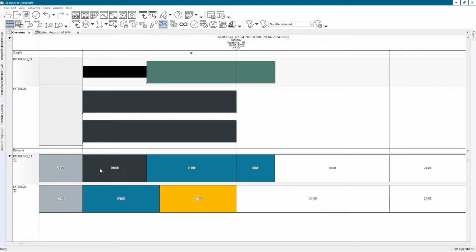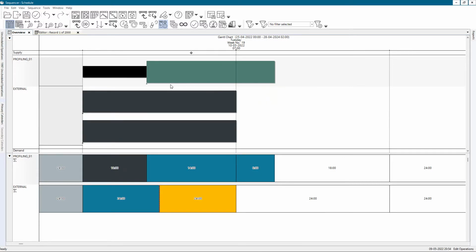You can check each one of those parameters if you left click a resource on a time bucket. So for example, if I left click here, I'm gonna check the parameters information for profiling 01 at this time bucket over here. So you see that this is the time for the time bucket, this is the resource, and those are the 4 parameters that I spoke about. So the calculation is pretty simple. In this case, I have 100% utilization because I have 10 hours of setup time and 14 hours of process